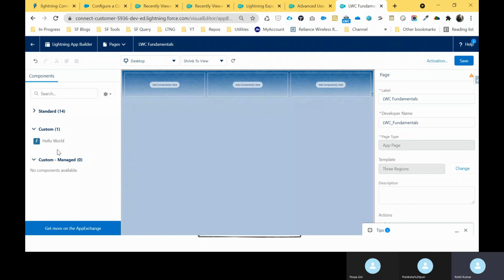Previously you could not give a name like "Hello World" with a space, only camel case. This is the meaningful name, and behind the scenes you can see helloWorld as camel case, right? A developer should also know about this. And once you mouse over this component you can see my description, like this is hello world component, right? Yes. So these small things are very important for us, and also at a project level.